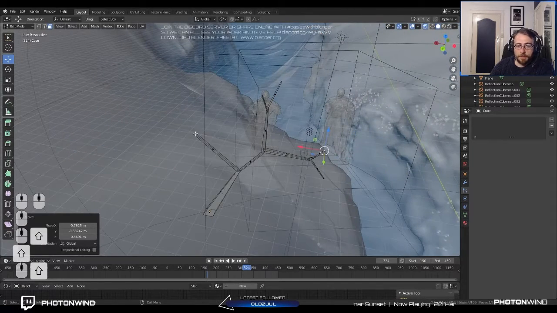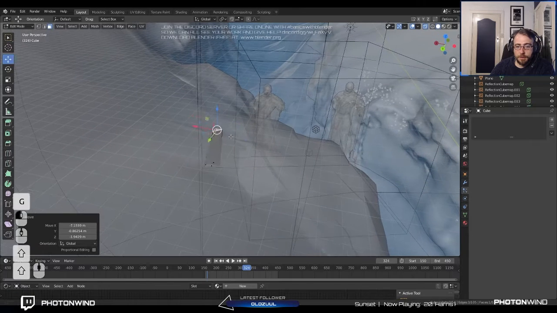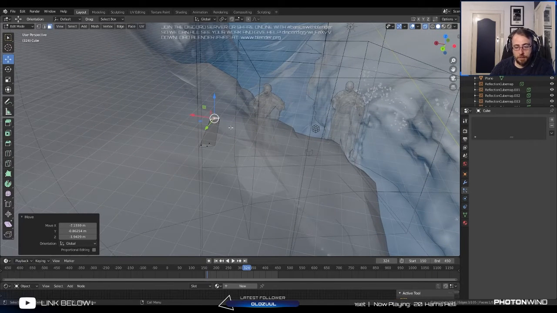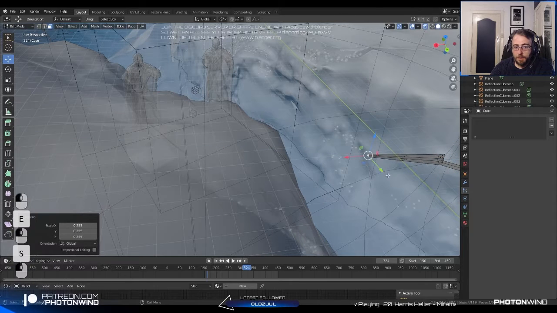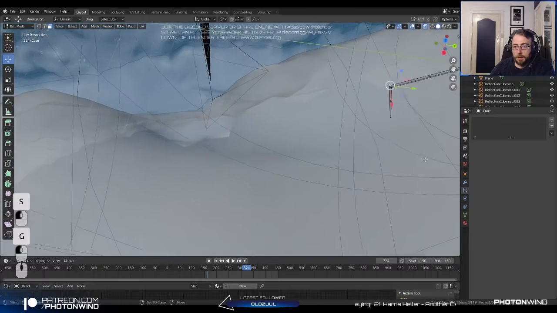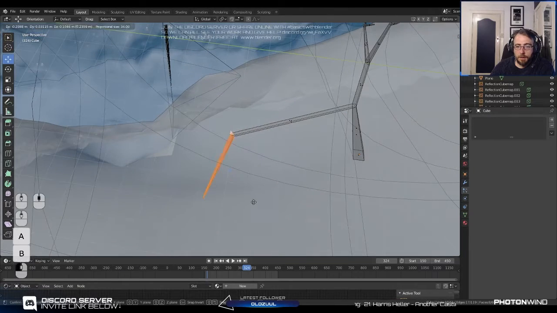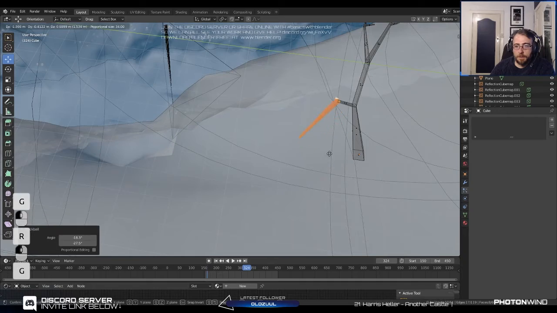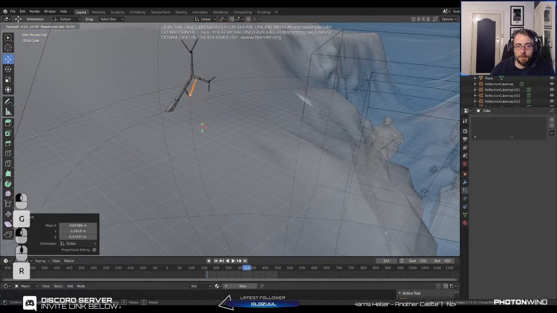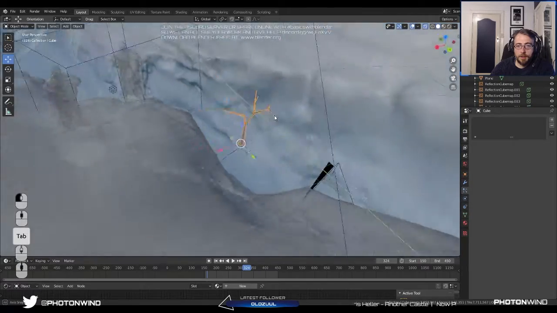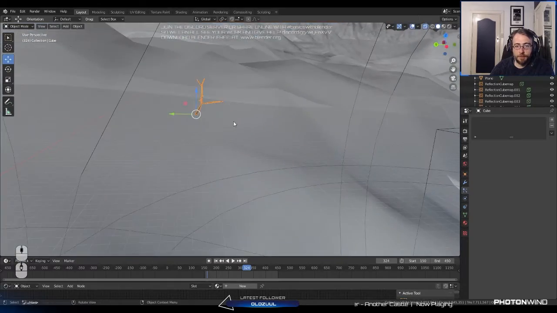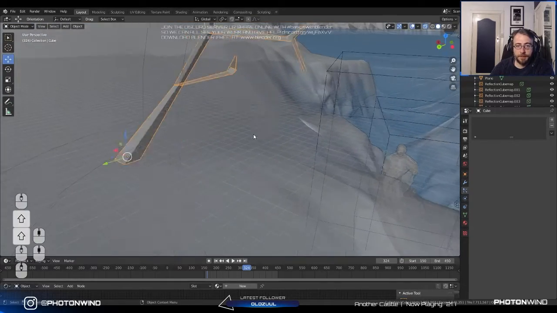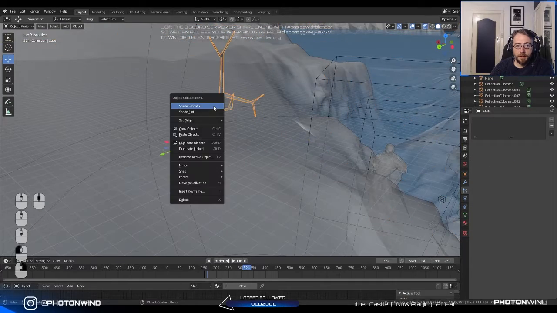I've never really done a full landscape in Blender before, so this is also kind of new to me. I usually just do smaller scenes. Let's see. Just rotating things around. Doesn't look super realistic, but this is like a 1 meter tall thing in a 100-meter tall canyon, so I think it'll be alright. So I'm just going to shade smooth,